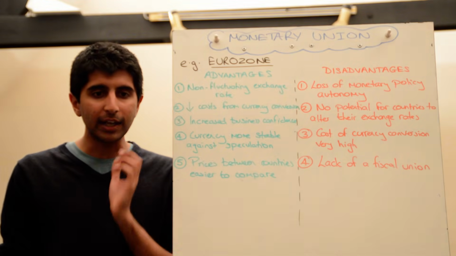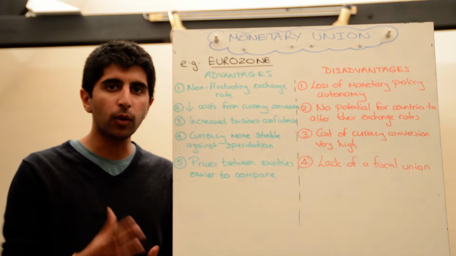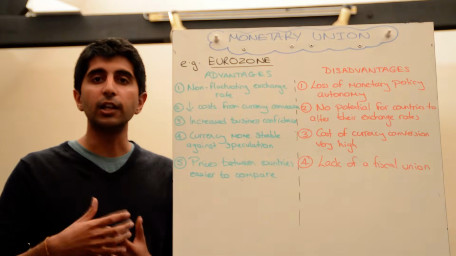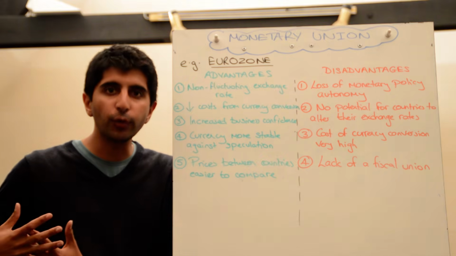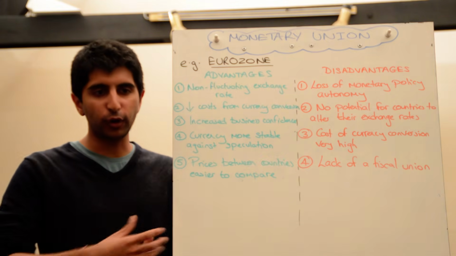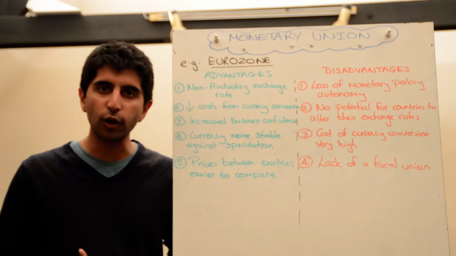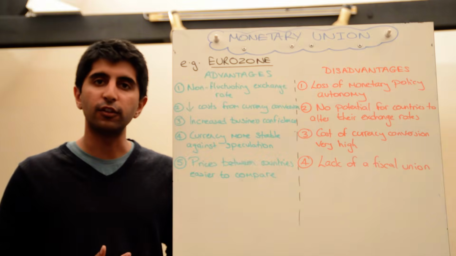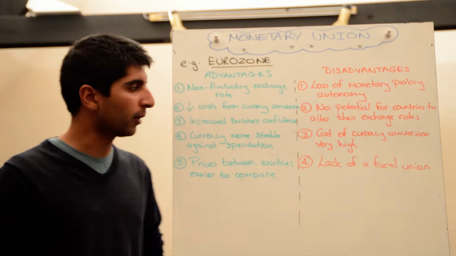The cost of currency conversion is very, very high. Taking out one currency from the market, getting rid of it, and adopting a new one is a very costly process. The physical cost of printing the new notes and coins and getting them into circulation, the cost of taking away all the old notes and coins from the economy, the cost of reprinting menus and setting up new databases, all of these things are very costly, and that needs to be in the forefront of politicians' minds before they decide to say yes to being part of a monetary union.